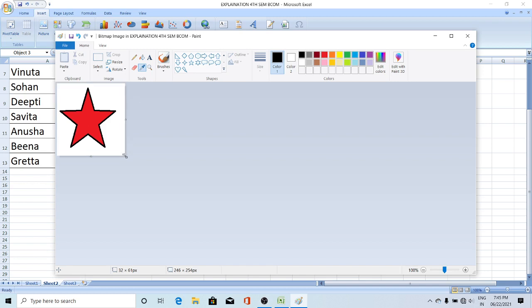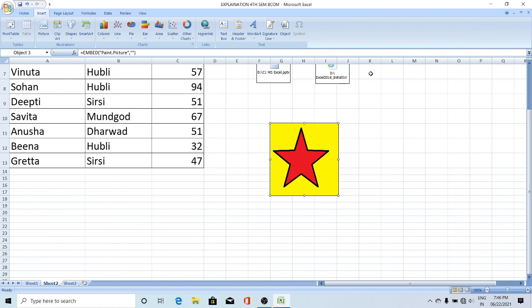Just want to fill with a different color outside. Just you see, okay. Close this window, automatically that file will be inserted.